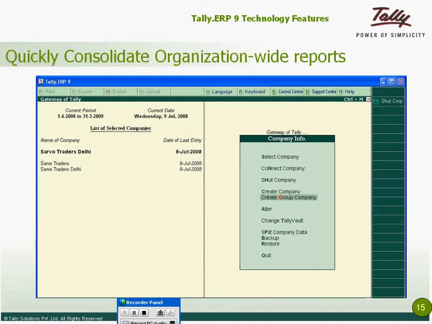As the HO and the Delhi branch office both are using Tally.ERP 9, it's easy to ask the Delhi office to send their data over the mail. Restore that data into your Tally.ERP 9 at HO. Open both the companies, the HO data and the Delhi data, simultaneously on Tally.ERP 9, and immediately you will be able to see